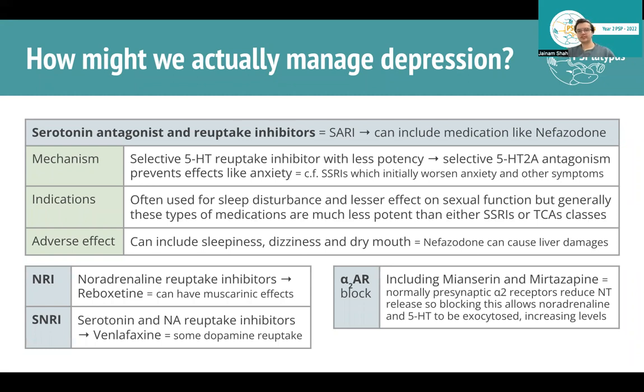Remember, alpha 2 adrenoreceptors are found on presynaptic terminals as opposed to other adrenoreceptors, which are postsynaptic. And the reason why is because once you've released neurotransmitters, they come back and bind to the alpha 2 adrenoreceptors. It's like a negative feedback. So it tells the presynaptic neuron to stop releasing as much neurotransmitter. So if I block these with medications like mianserin and mirtazapine, then I'm reducing my